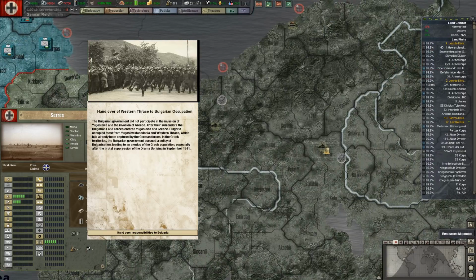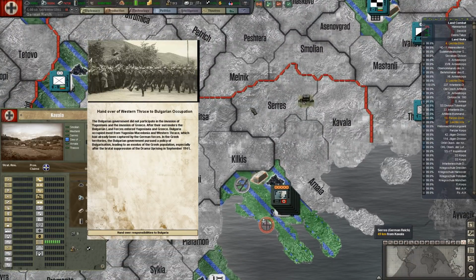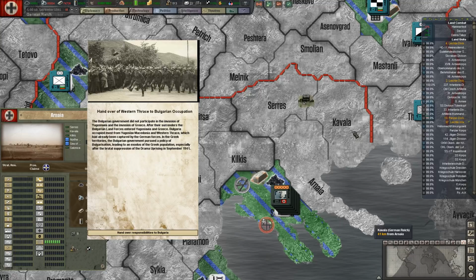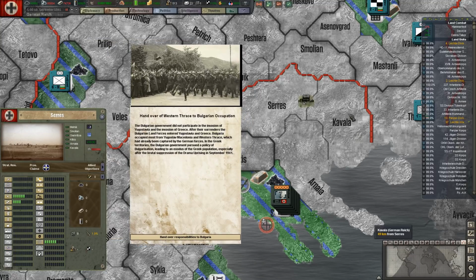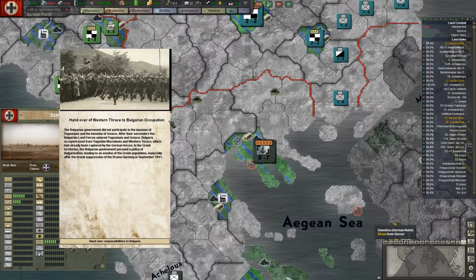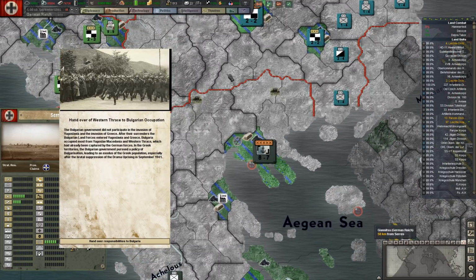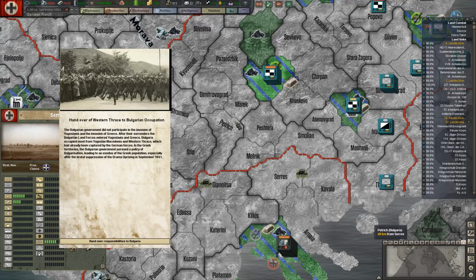I don't think there's, I mean, there's some fortifications here. There's nothing really like manpower or anything for us to want in that sense, as a resource. So I would approve this. And I like the picture, nice picture. Bulgarians goose stepping. I would gladly